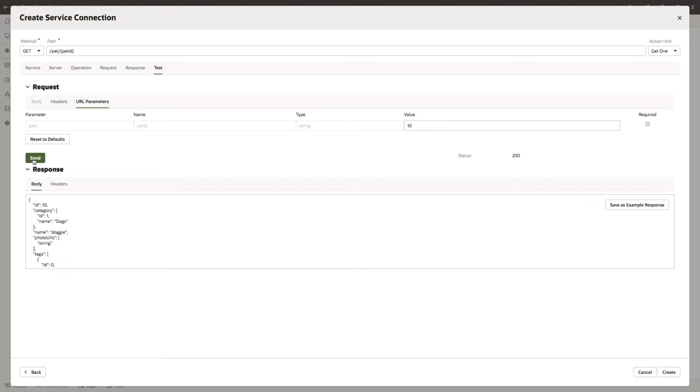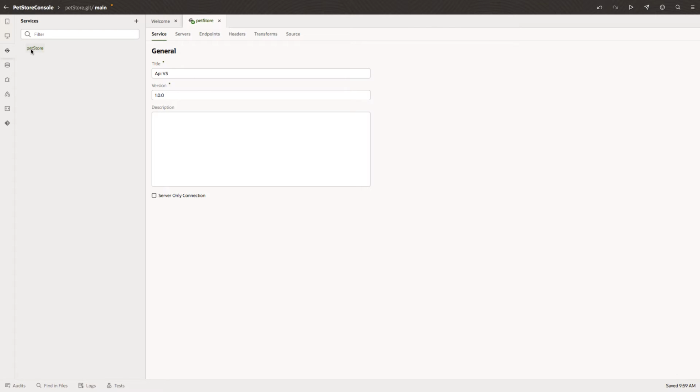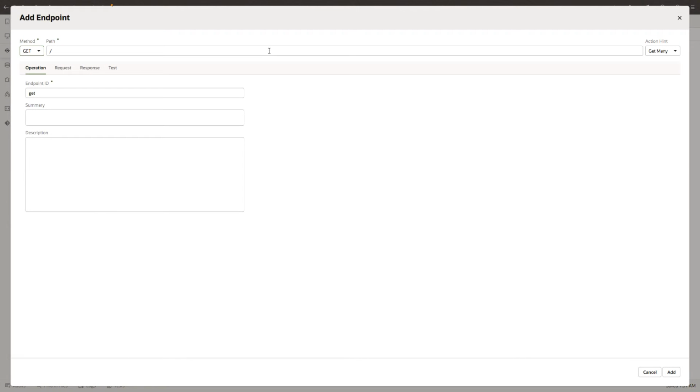If I go to the Test tab now and add what I know is a valid ID, then I can actually test. If the response is as I'm expecting it to be, then I can save that. The scheme is created, and if I look at the Response tab, I can see the response and the fields that are going to come through. Okay, so that all looks good, so I can finish creating that. So now I have my service pet store, and in that pet store I have one endpoint, the get one endpoint. Let me add another endpoint,